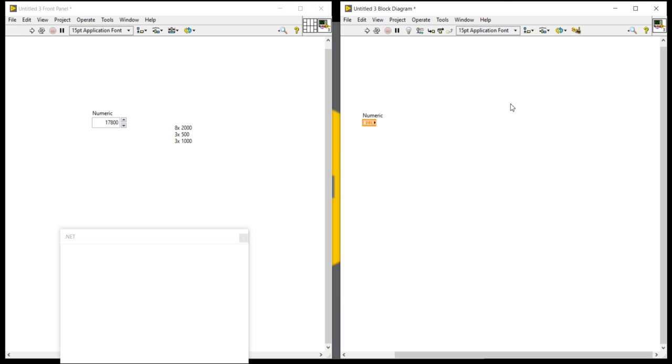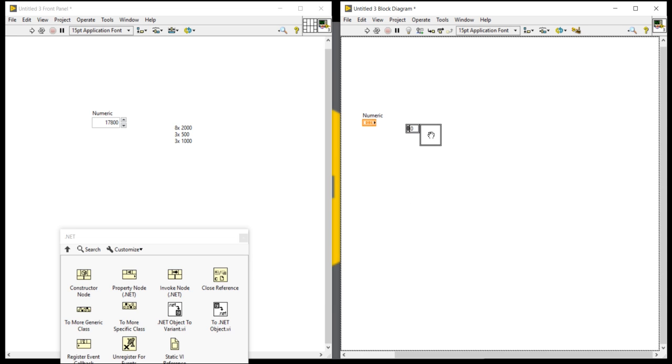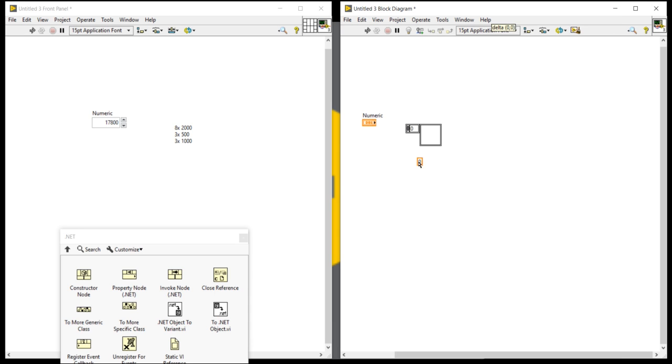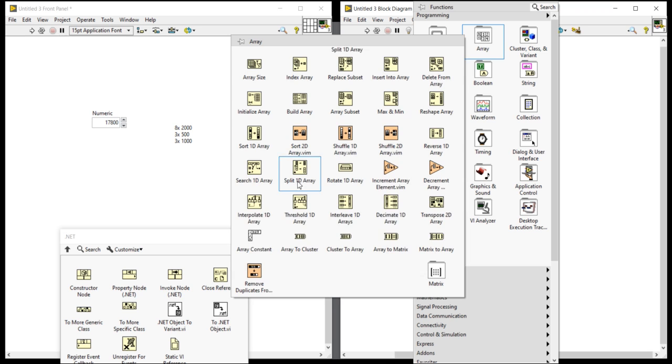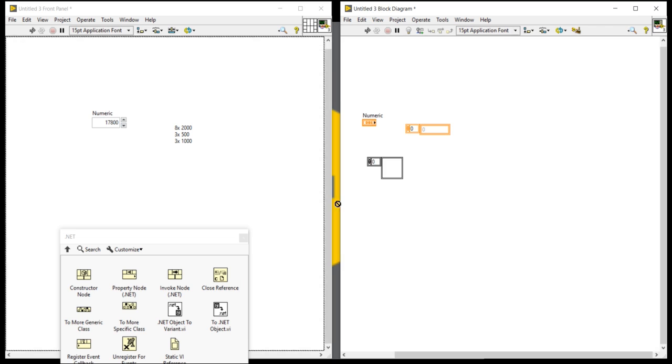So for that, I am taking one array constant. Take the array constant and place it here. Inside the array constant, take a string constant. Don't ask me how to create this array constant: right click, come to the array and take array constant. Come to the numeric and take a numeric constant and place it inside.